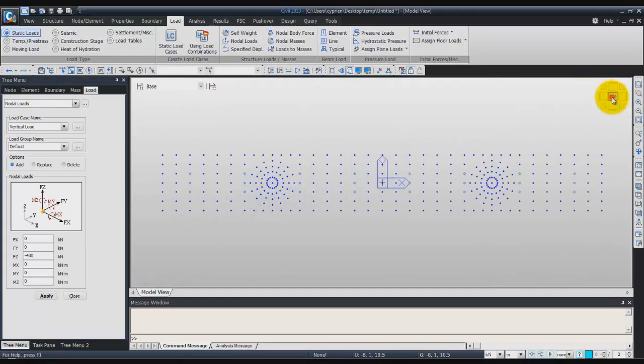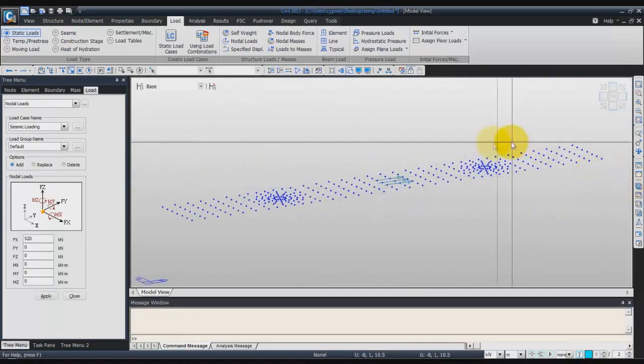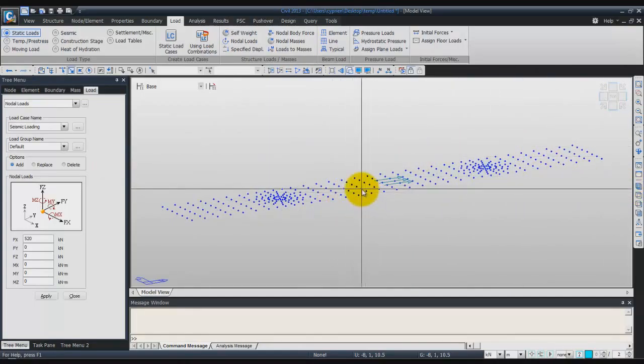Now you can go back to top view, and we'll assign the second load, which is the seismic loading. So this time it will be in the FX direction. So enter the value 520 in the FX direction, and select these 3 nodes here, and click on apply to assign this load. Now go back in the isometric view,